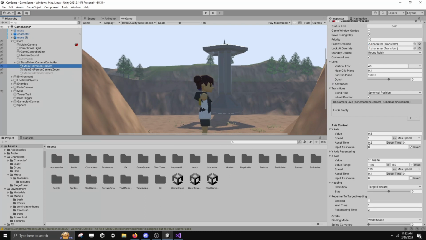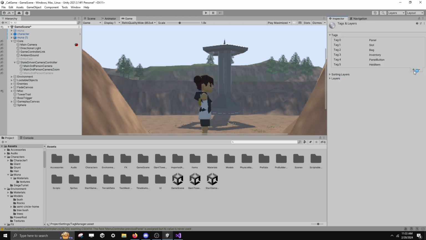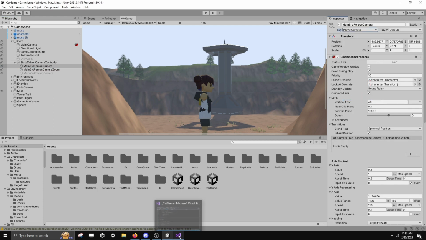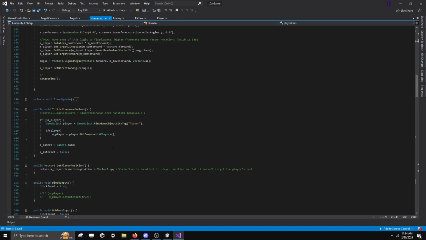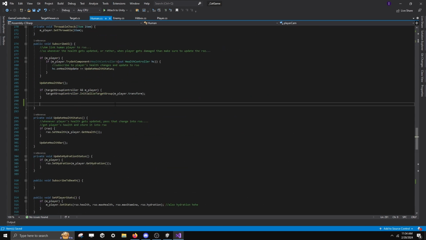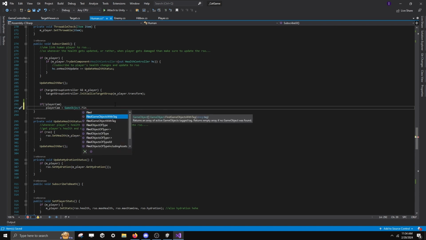Okay, so the first thing I do here is mark my main camera as player camera using the tag system in Unity. This is just an easy way I found so that I could access the camera via code in a simple way by calling GameObject.FindObjectWithTag, something along those lines. But that's not really all of it either. Once you do GameObject.FindGameObjectWithTag,